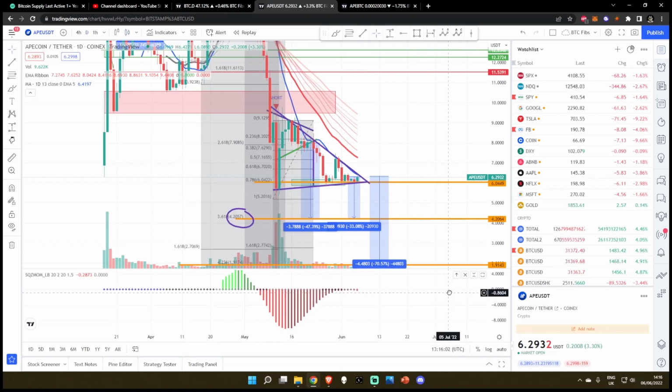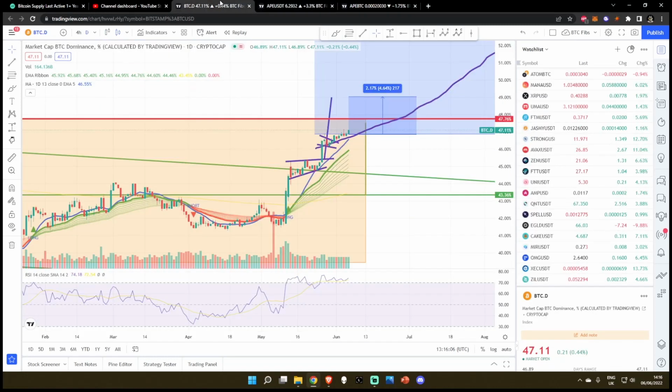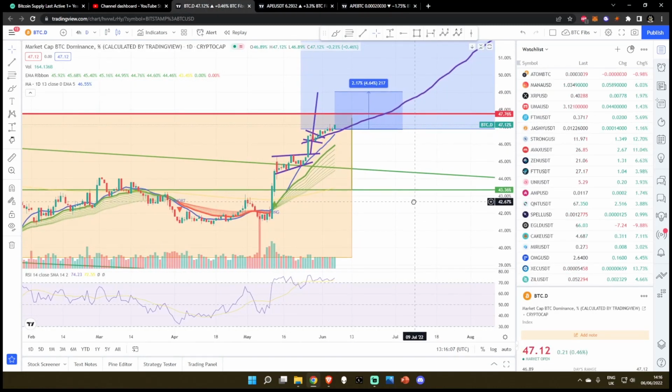Like I said, I wouldn't be surprised if some of these altcoins do bounce over the next week, but keep an eye on the Bitcoin dominance. Bitcoin is outperforming altcoins even when it's bouncing. If that doesn't tell you that we're not in bear market territory, then I don't know what will, because